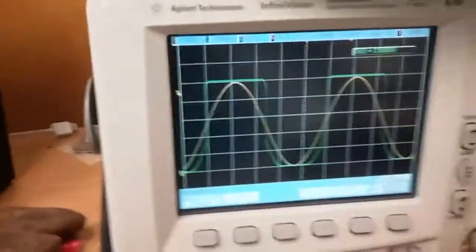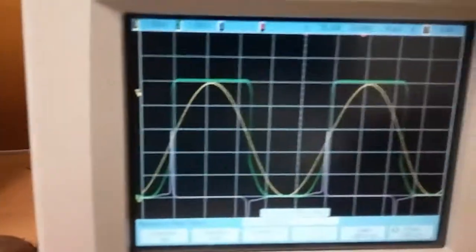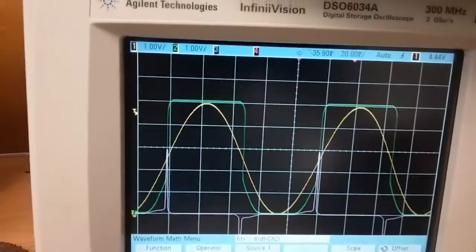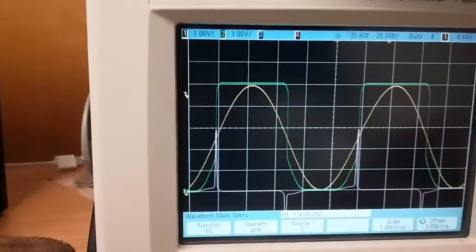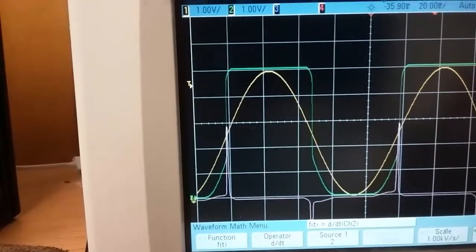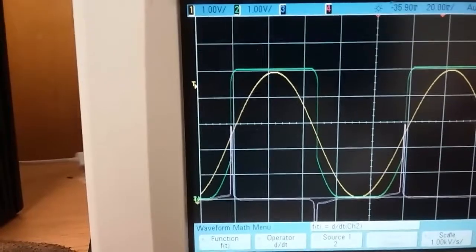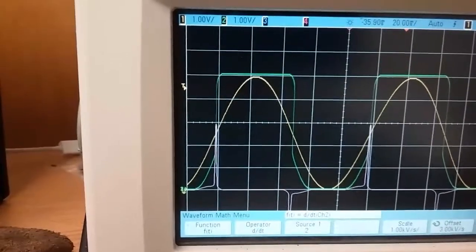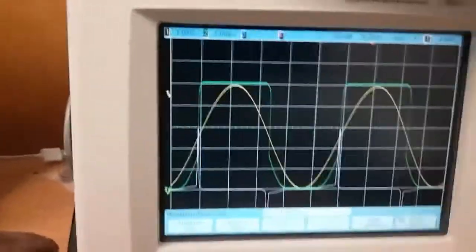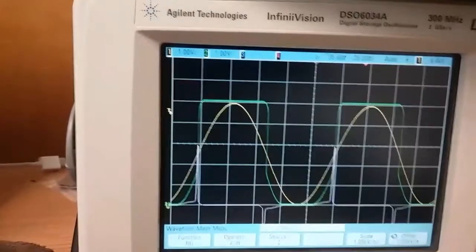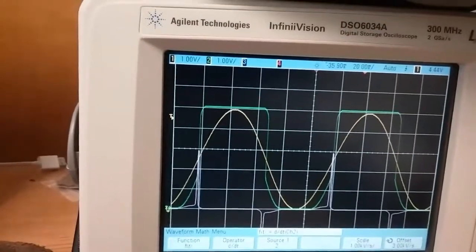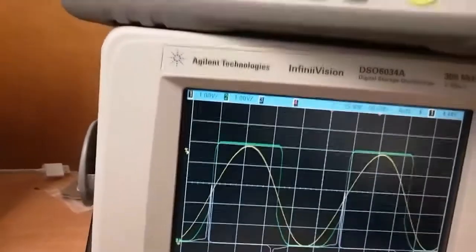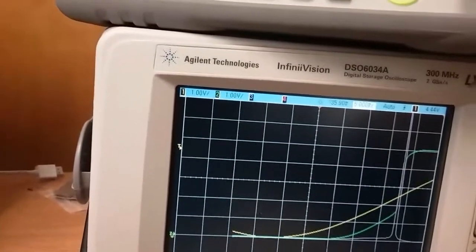So if I put on math, and it might be a little bit hard to see, all right, the scale is a kilovolt per division, and that's this blue or purple. And if I divide that by 100, I'm getting like a gain of 30. But that's not exactly what we're getting, and in simulation, the reason why they're not matching is the time step isn't accurate enough. So if we kind of zoom in on the time,